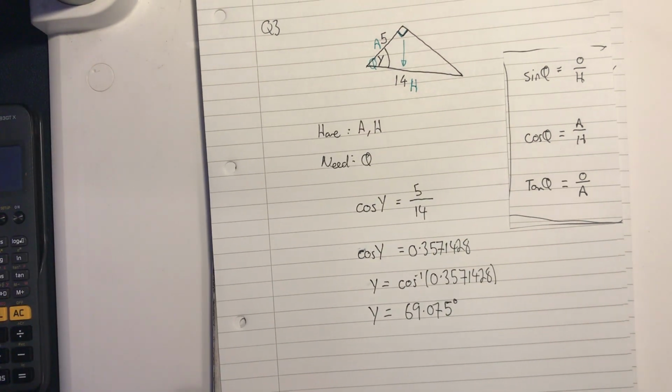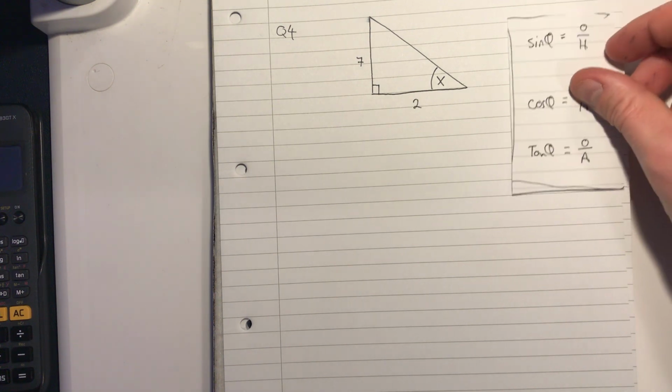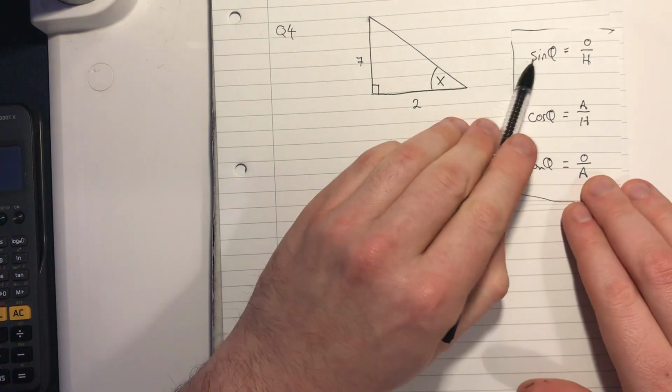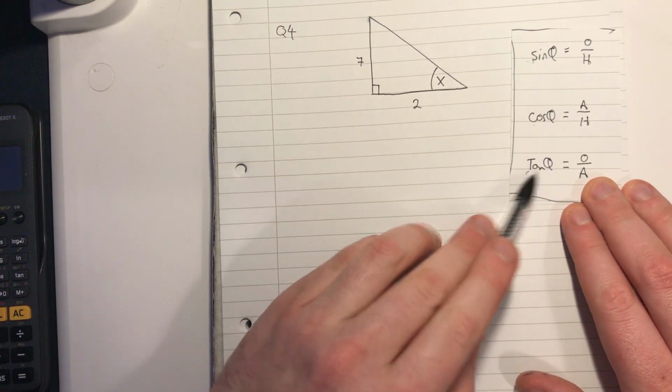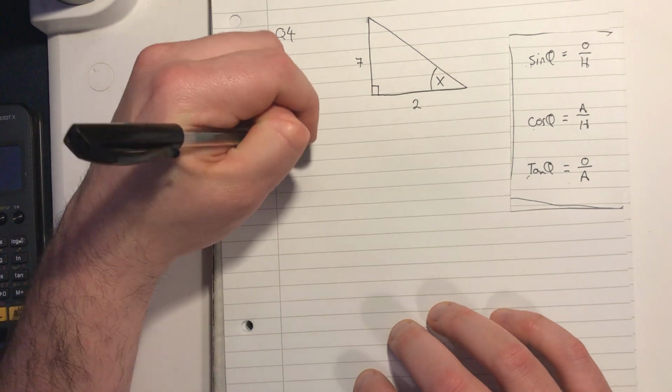Okay, so that was question 3. So let's take a look now at question 4. So where's my little piece of paper? Here it is. So that's the thing I'm going to use. Silly old Hitler couldn't advance his troops over Africa. And we're going to